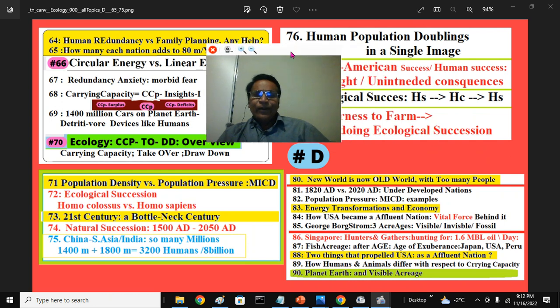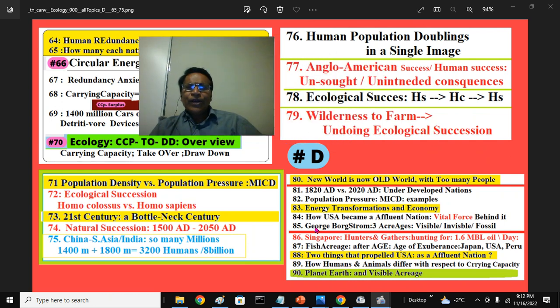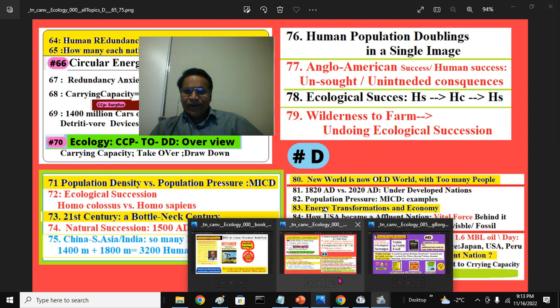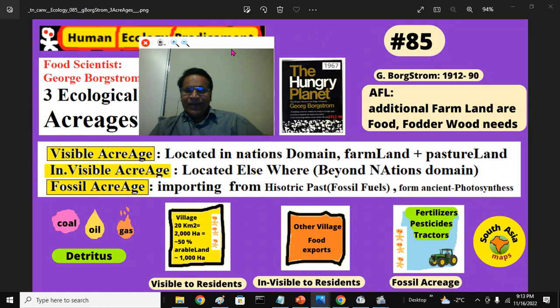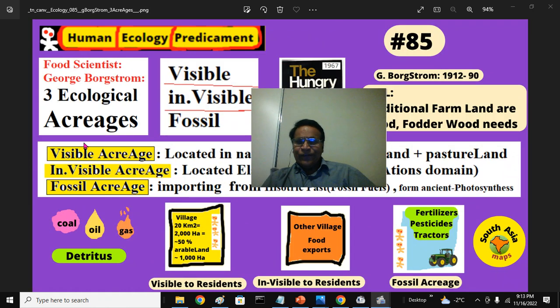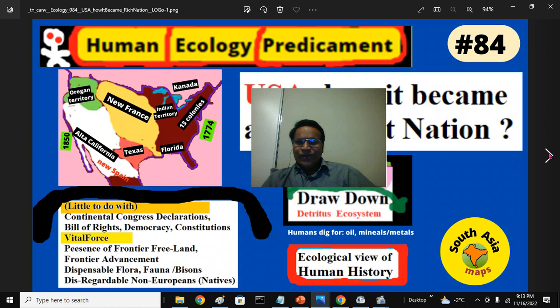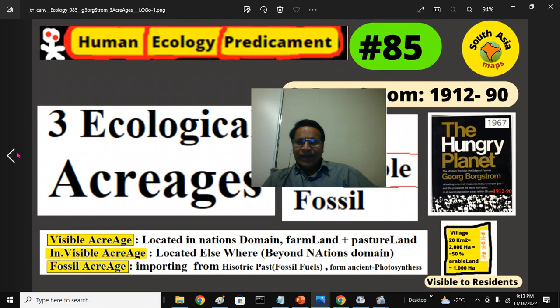Then currently, we looked at George Borgstrom, food scientist, originated from Sweden, worked most of the time in the United States, Michigan State University, East Lansing in Michigan. His concept of 3 acreages, visible acreage, invisible acreage, and ecological view of this additional farmland, we looked at it